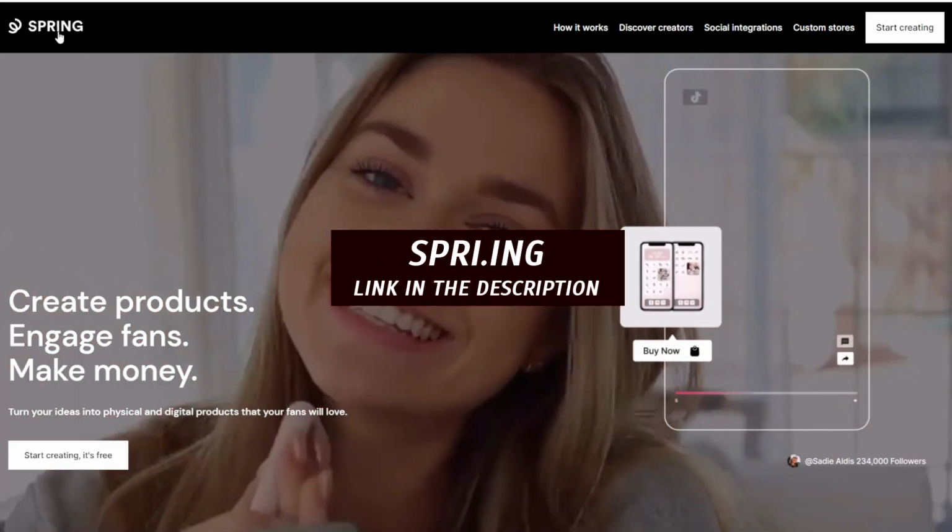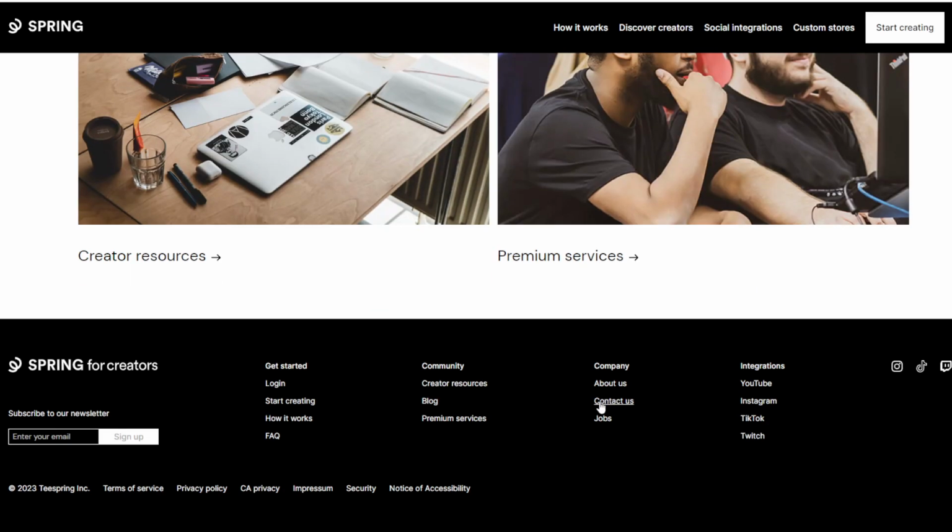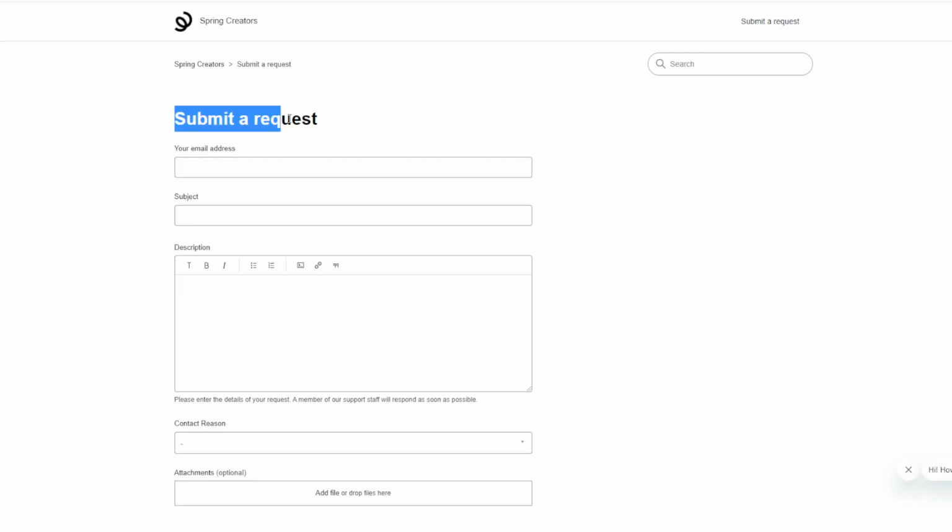I should have received this package at my home with the t-shirt at the end of January, 3 weeks after I ordered the sample. I tried to contact Teespring in some way, and the page that I found to write to the Teespring support team, it's this one. You have to go to Spring. At the end of the main page, go to contact, and there you can send your problem to the support team of Teespring. Once I did that, my sample was shipped and sent to me to my home, and I received it March 7. Today, let's open the package.